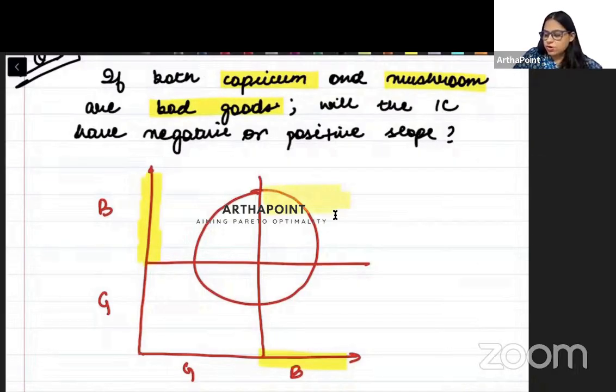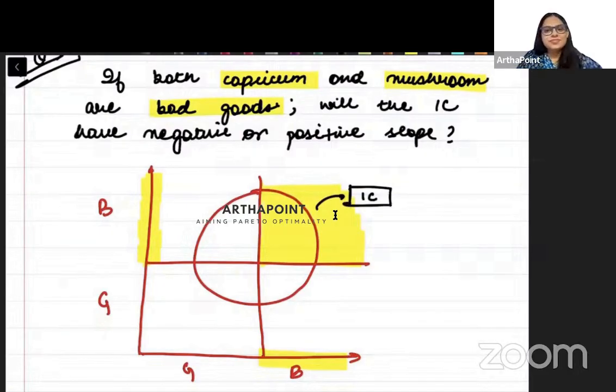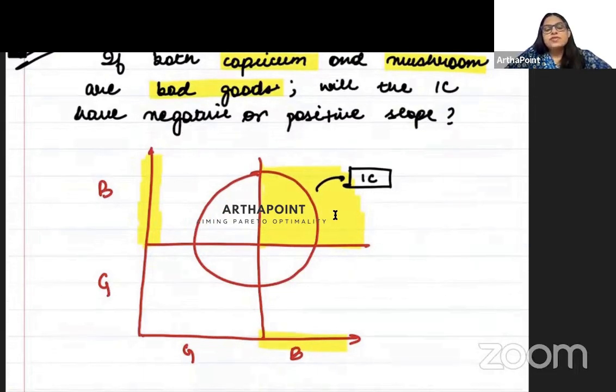That means this quadrant. So this is your indifference curve. Okay. That is how you can do this question. Okay, beta. So with this, we have talked about indifference curve. In the next lecture, we will introduce officially the concept